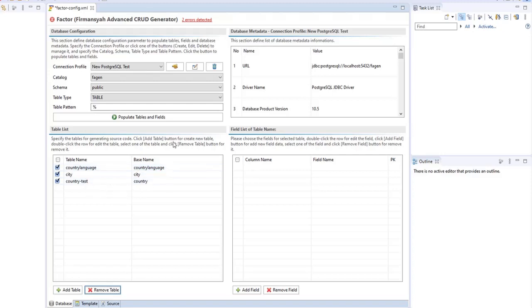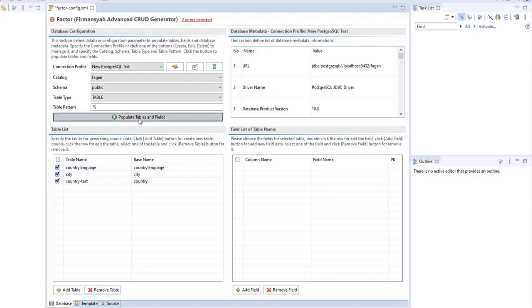But if you click again on the populate table and field, whatever you already modified in this table, whether on the table part or on the field, it will populate again based on the database that we already connected. For example, we already changed the country into the country trash, right?